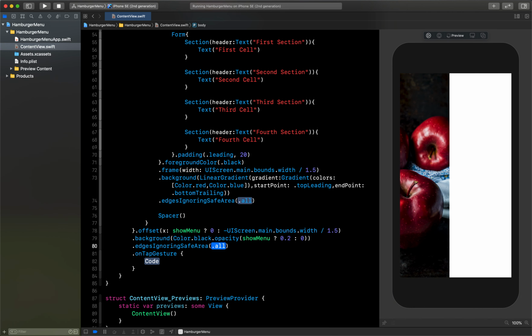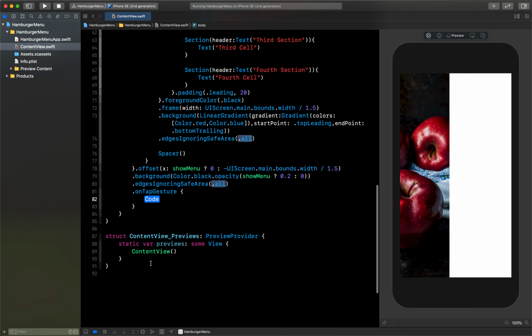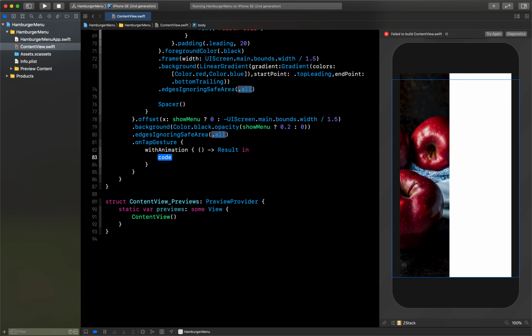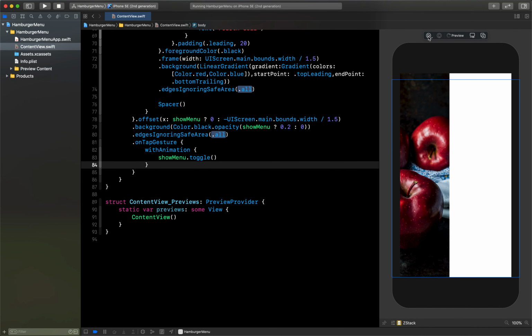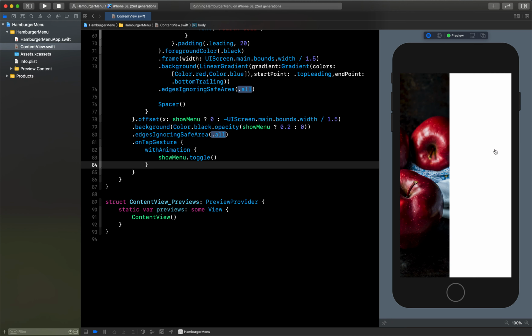What I'm going to do is with animation, I will say, not here, with animation. I don't want this, so let's remove this, and inside this I'm going to toggle it. Okay, now let's try. Okay, so by default it is taking everything on this side, so we need to add the offset properly here.